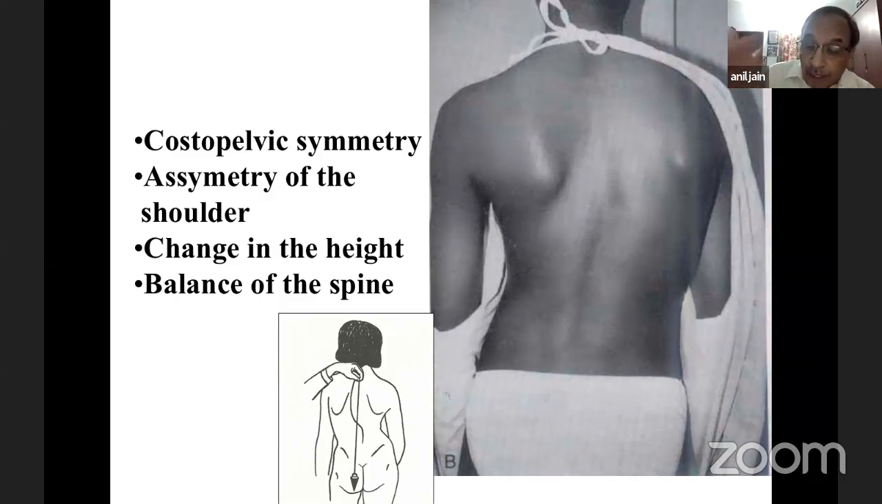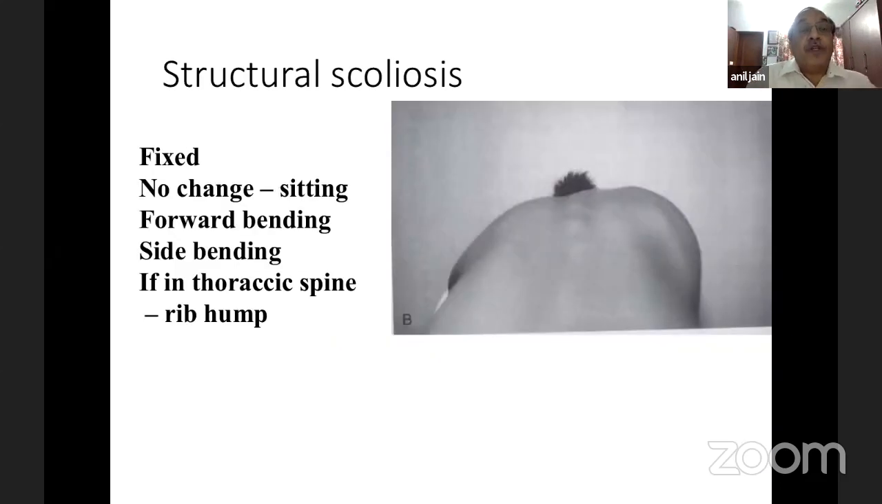So you can inspect, you can observe, and then you can do all these things in palpation as well. For scoliosis, there could be two kinds. One is a fixed scoliosis, which does not change with sitting, and on forward bending it remains the same. On side bending also, the curve remains, it doesn't disappear. If there is a scoliotic deformity in the dorsal spine, then a rib hump is visible onto one side, because in a fixed structural scoliosis the vertebral body is rotated towards the convex side,